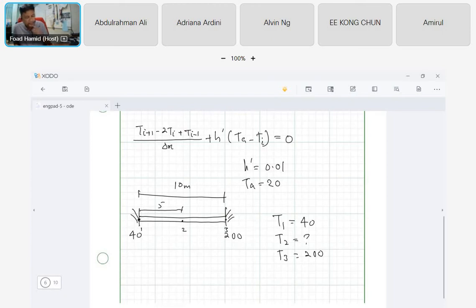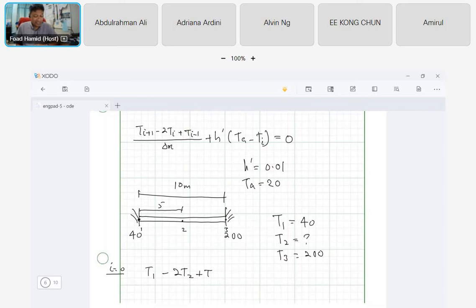Now, in order to find T2, let's say i equals 0, then we know that Ti plus 1 is just T1 minus 2T2 plus 2,